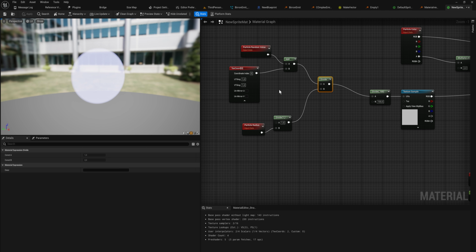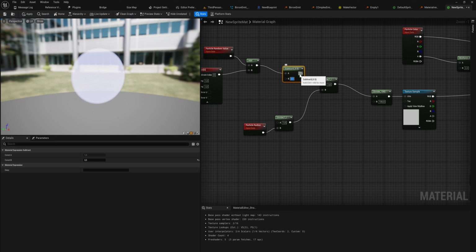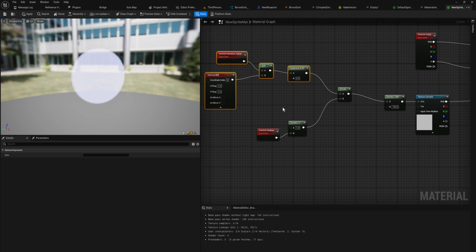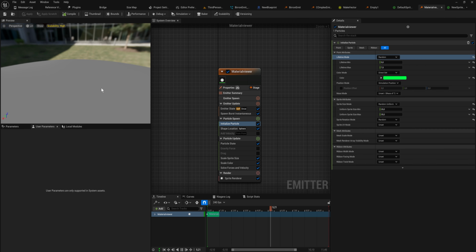And the way we can do that very, very easily is just take this and add a subtract node here. We're going to be subtracting 0.5 from it so that we can divide that. And the reason that we're subtracting instead of adding here is because of the division node. We want this to not get too big as a value. And now you can see there is not much sliding going on anymore. There's still a little bit of sliding going on due to simple movement and stuff like that, but